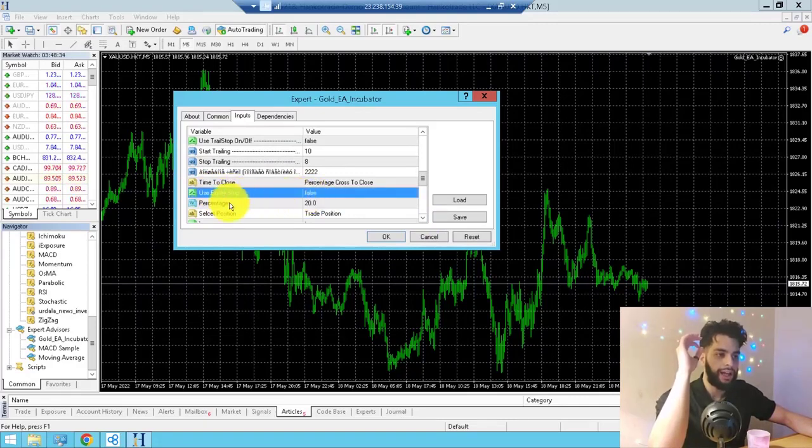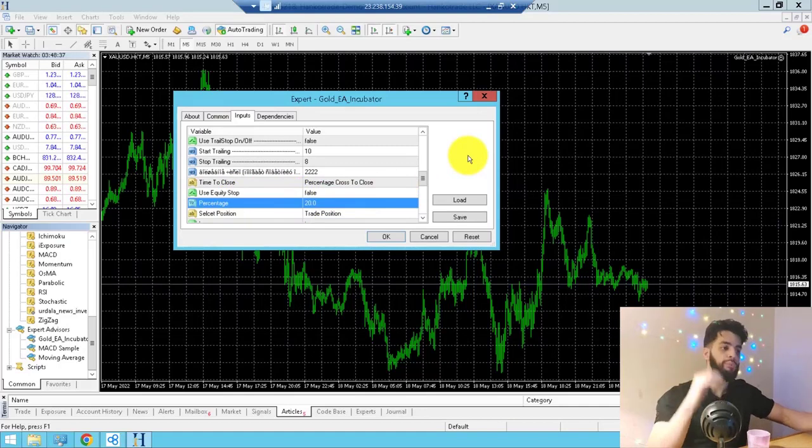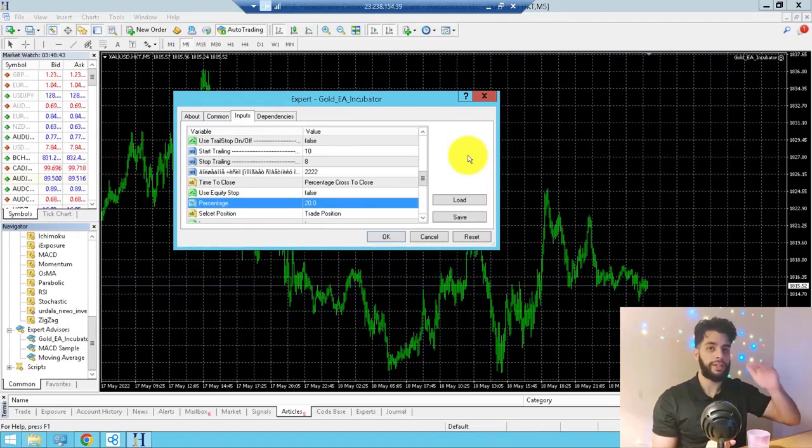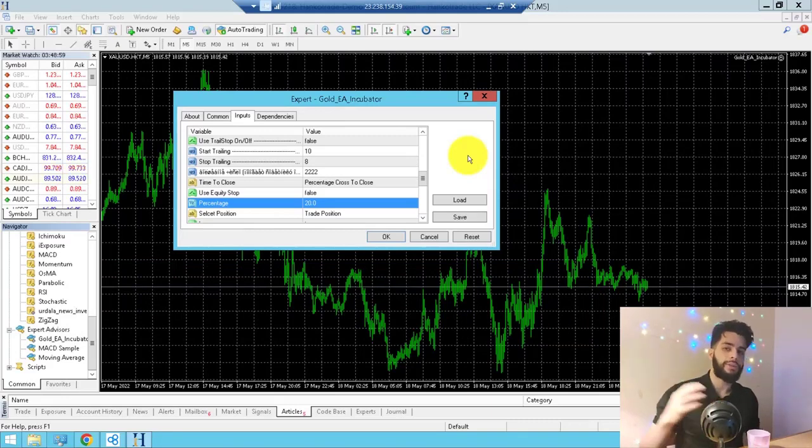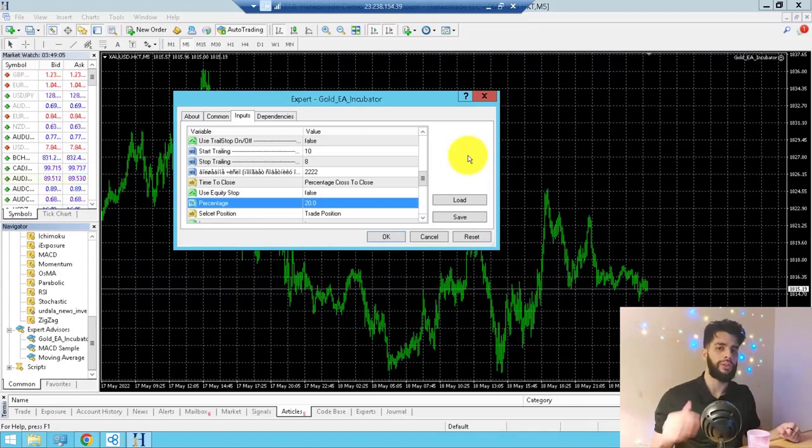We turned it on, and then we put the percentage at 50. It means that when the drawdown gets really high and the equity hits 50% of the balance, it's going to close all the trades in loss, and then you actually lose 50% of your account. This is exactly what happened to us and some of our clients, and you don't want the same thing to happen to you. Usually once a month or every 2 months, the EA opens a trade after the London session and holds the trades up to 24 hours and tries to close them in profit